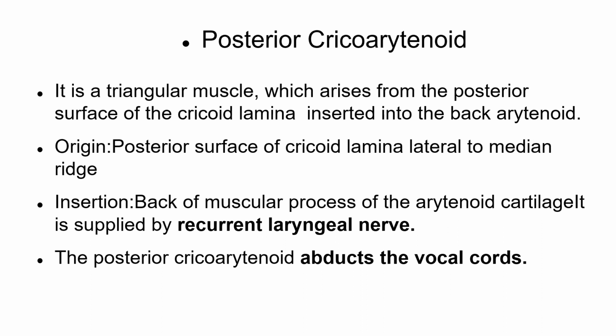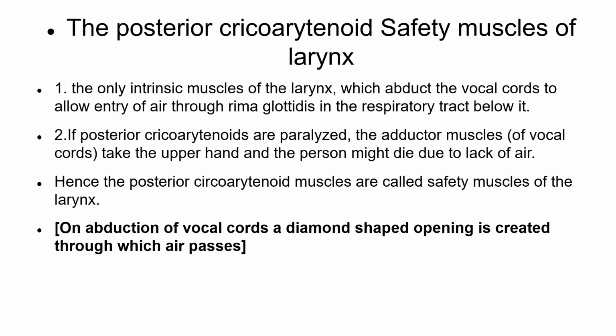The posterior cricoarytenoid muscle is an important muscle. You should know the origin and insertion of this muscle. It originates from the posterior surface of cricoid lamina and inserts into the arytenoid cartilage, and again it is supplied by the recurrent laryngeal nerve. And what is the function? It abducts the vocal cords. This is a very important muscle, rightly called the safety muscle of larynx,